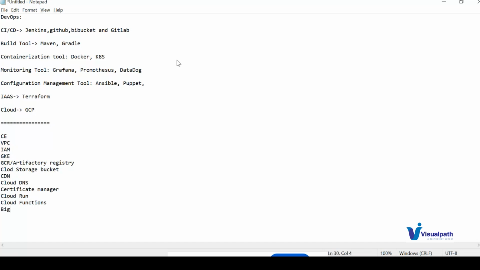For BigQuery, this is not at a deep level. We'll explain at an intermediate level what BigQuery is and how we can use it. Also load balancer and auto scaling. These are the services I will cover on the GCP side.